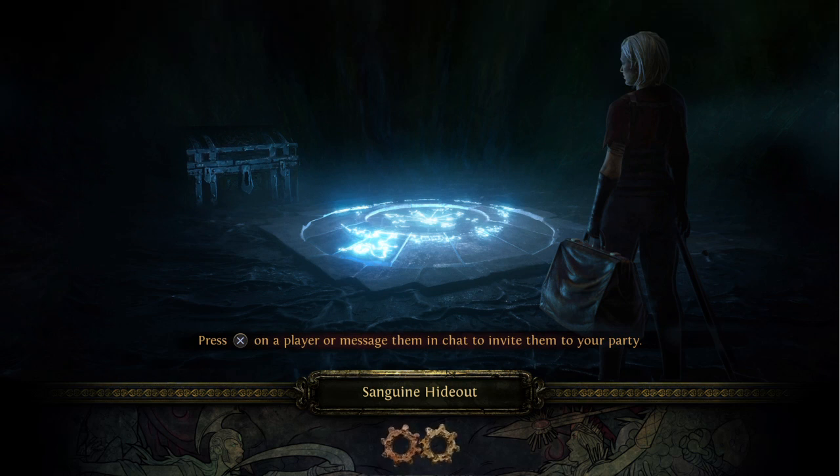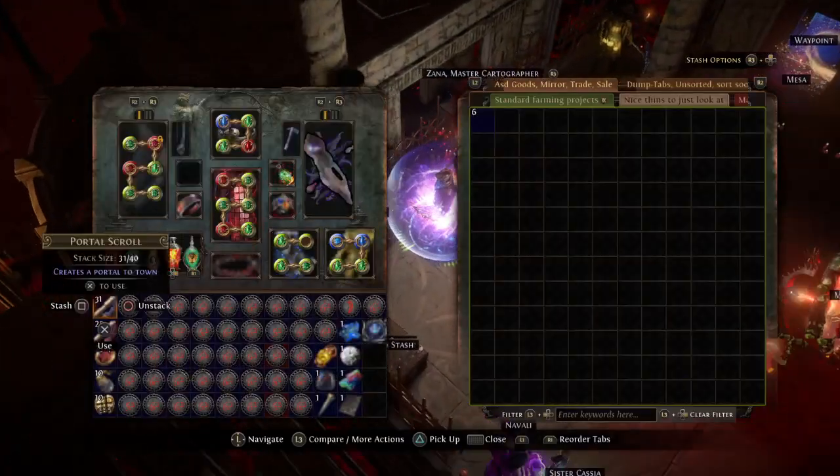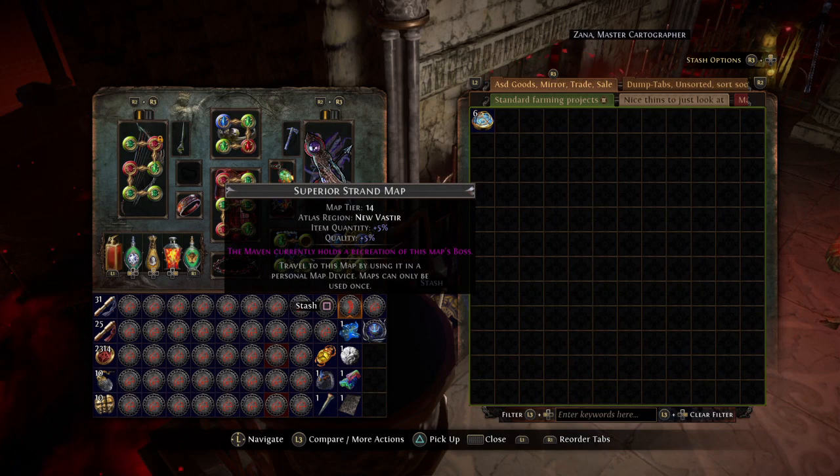As you see, this is, I'd like to say, 30 seconds to a minute a map. It's pretty short. You're not running a super long map, and you're able to fully complete it. So